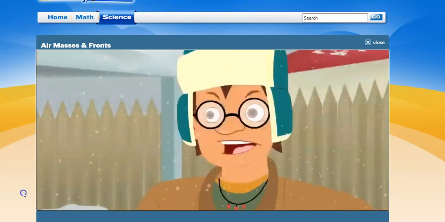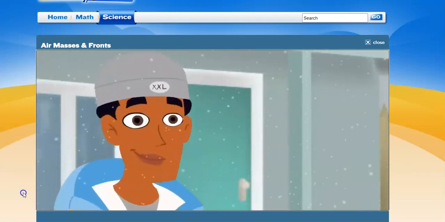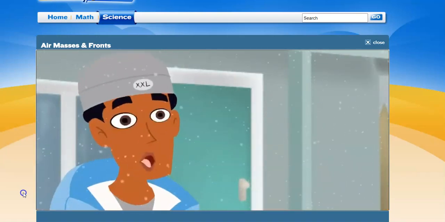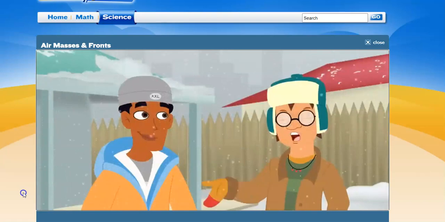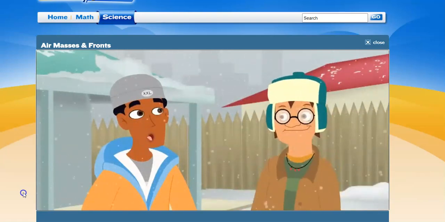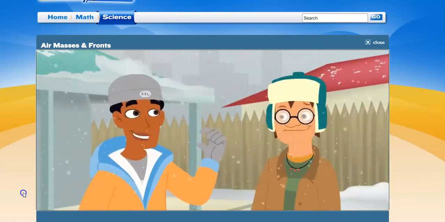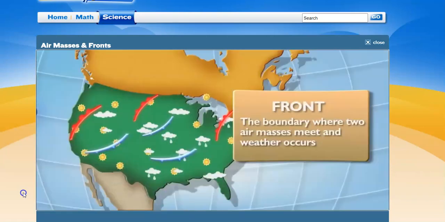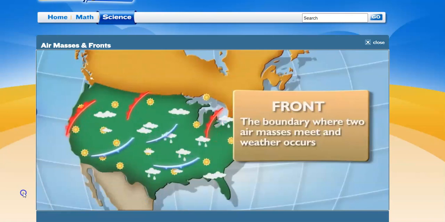Snow day! Ugh. RJ, watch it. Sorry, I'm a little excited for our random day off. I can't believe there was a snowstorm. It just came out of nowhere. The snow didn't just come from nowhere. A cold front moved in. A what? A cold front.